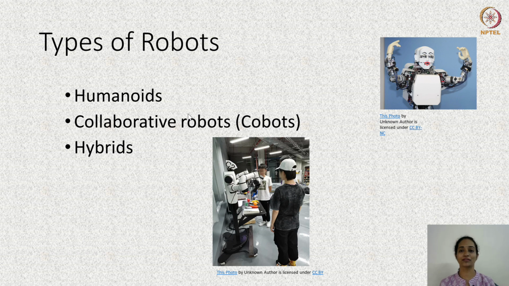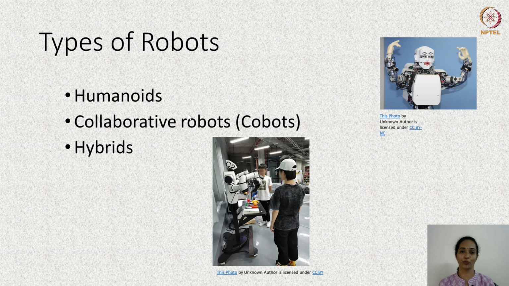For example, humanoids. Humanoids are very much like autonomous mobile robots. That is, they are capable of motion, they are capable of sensing their environment, processing the information, and then taking decisions. However, they have the added advantage of looking like a human body. That is, they have a face, they may have other human body parts like arms, which give the person who is looking at the robot the feeling that he is looking at a human.